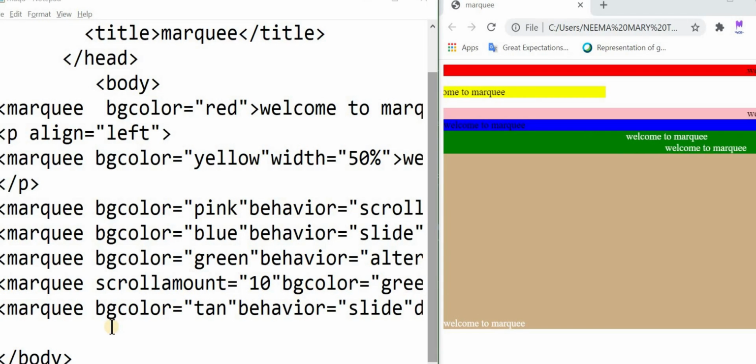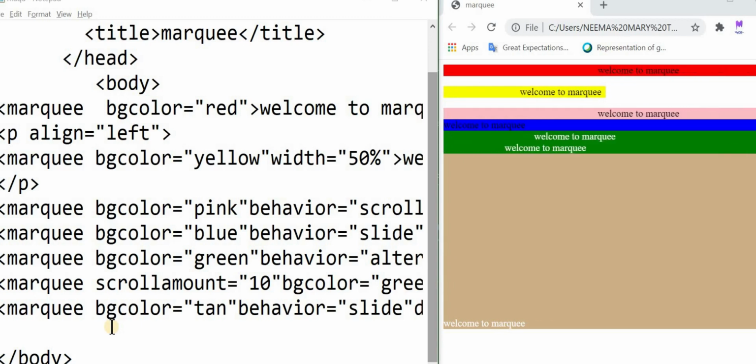We have learned in Microsoft Word about margin. Margin means the space from the left edge to the starting of the text. Top margin, left margin, right margin, bottom margin, all that we have learned. Same way we can give space to this marquee text also. For that we are using attributes called H space and V space.